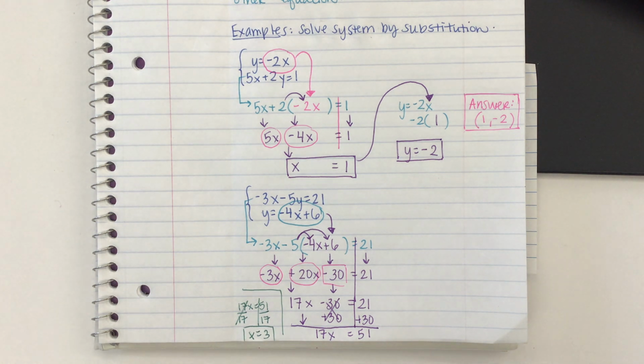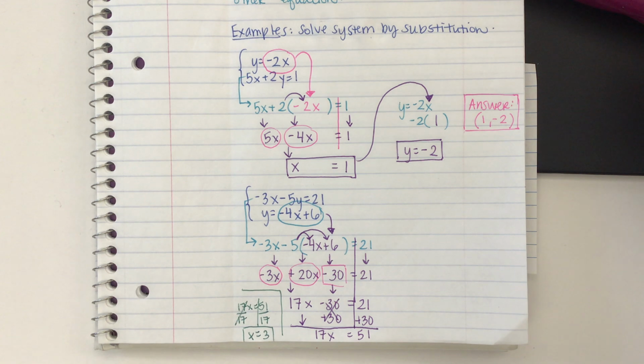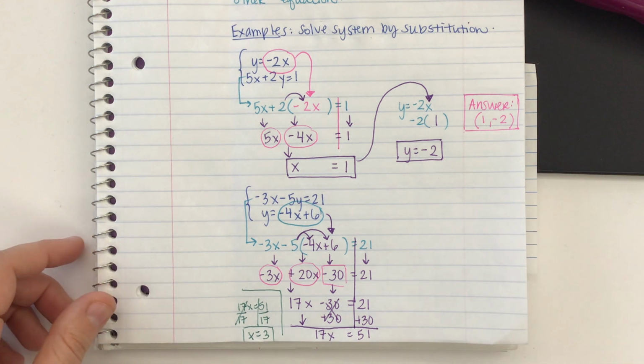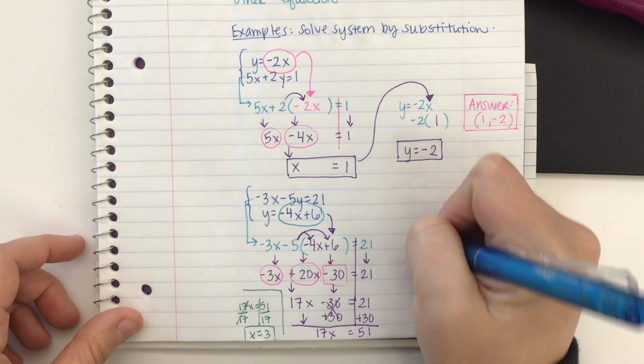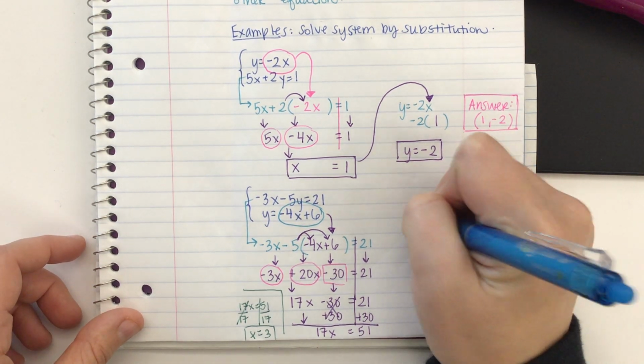Now, again, we're only halfway done because we only have half of our answer. So once you get to this point, you then take the equation that you substituted in and rewrite it again. Okay, so the equation that I substituted in was y equals negative 4